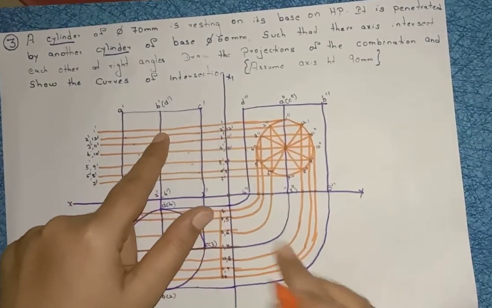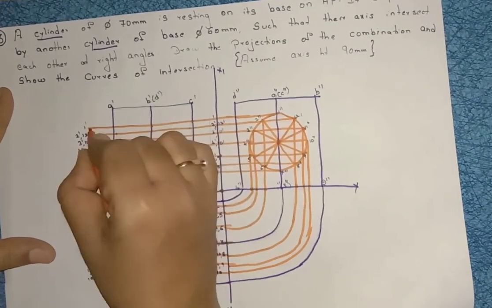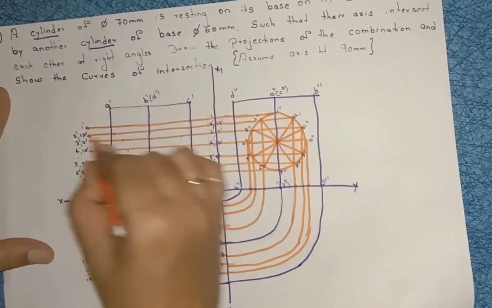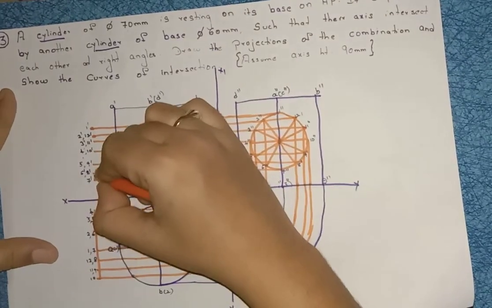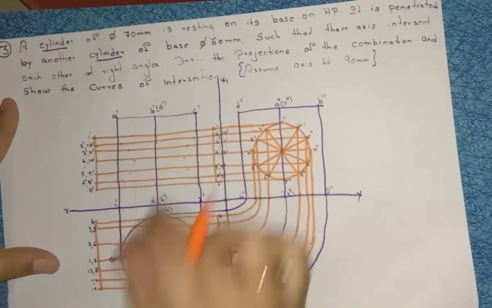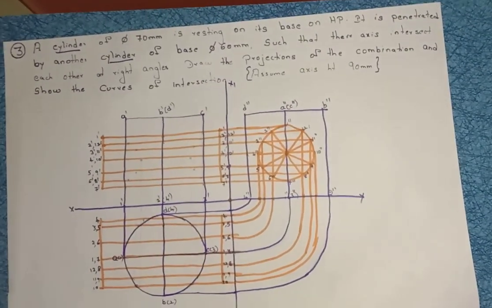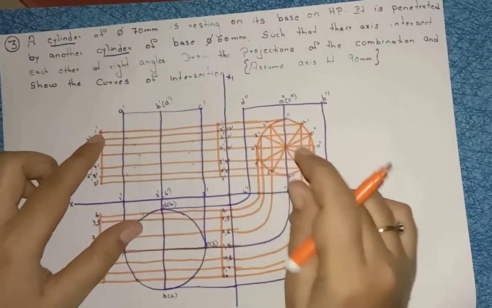So from the midpoint 45, 45, 45, 45, this is the midpoint 45, this is the midpoint 45, same, this is the midpoint 45, this is the midpoint 45, like that. So if you join all those points, you will get the axis height here, 90, right? So same, you're projecting 1 point, write down 1 dash.